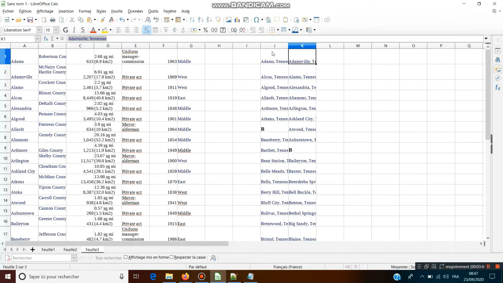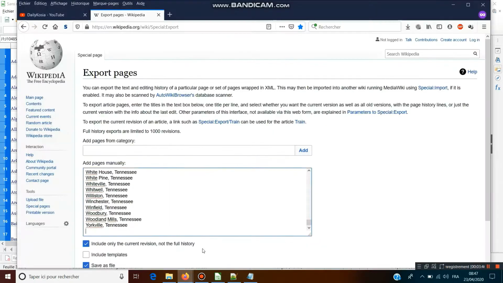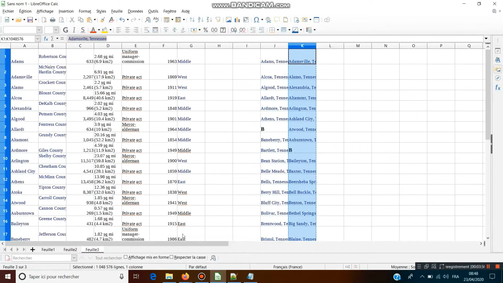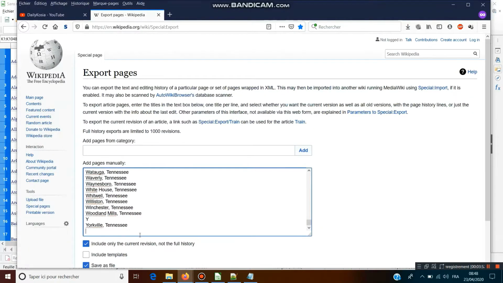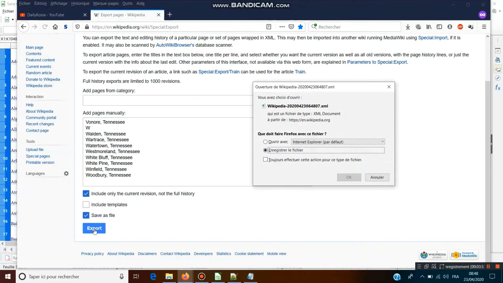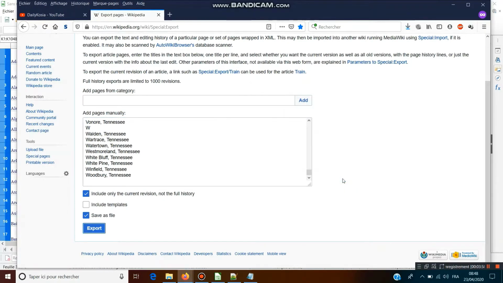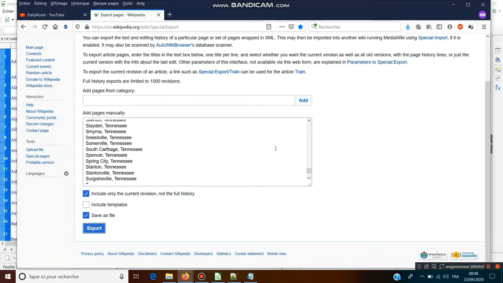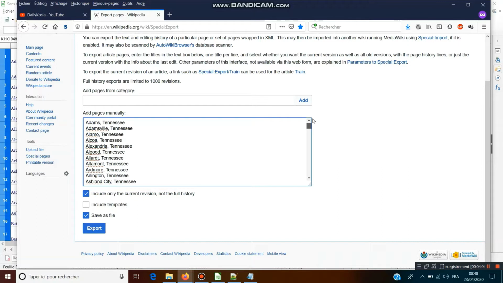Now we export all these pages into an XML file. The XML file is downloaded.